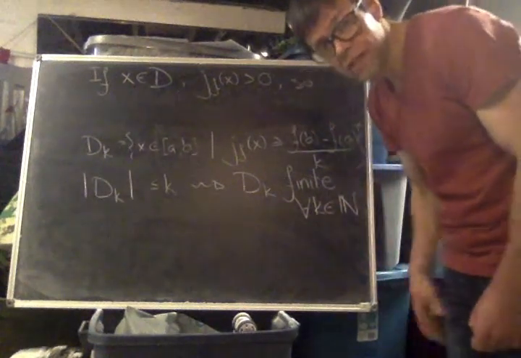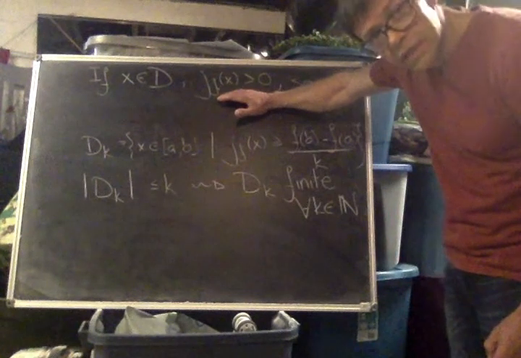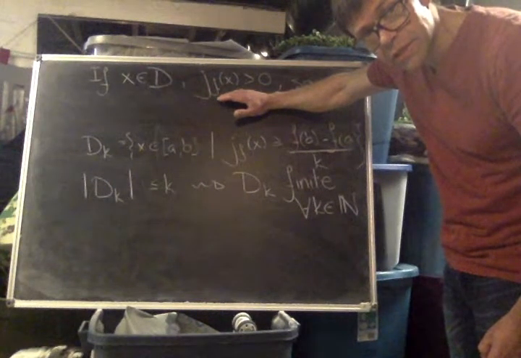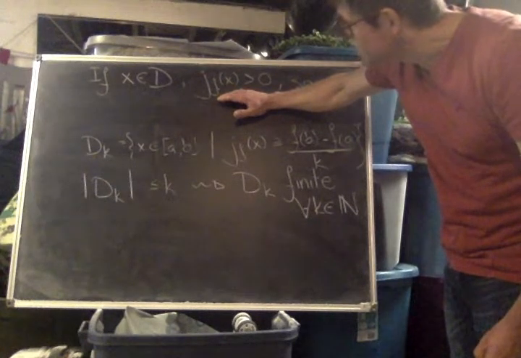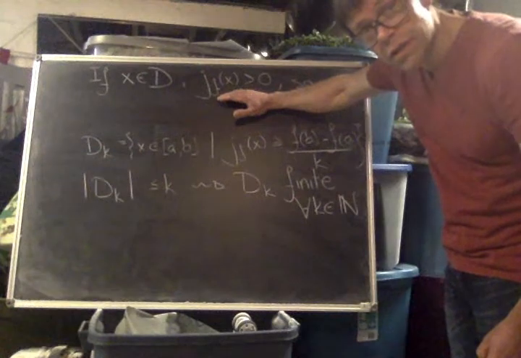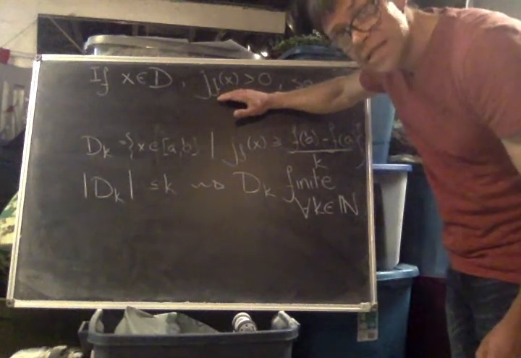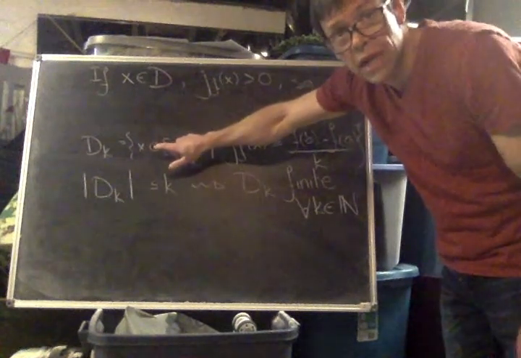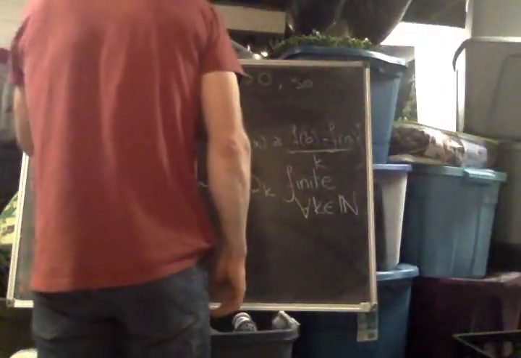Okay, the point I'm trying to make is that as soon as you have a discontinuity, as soon as you have a point in this set D, yes, I realize there's a chalk mark right in the middle of my glasses. As soon as you have a point in D, then the jump has to be strictly bigger than 0. As soon as the jump is strictly bigger than 0, that point x has to be contained in one of these d sub k's for some k. Okay? So, x belongs to d sub k